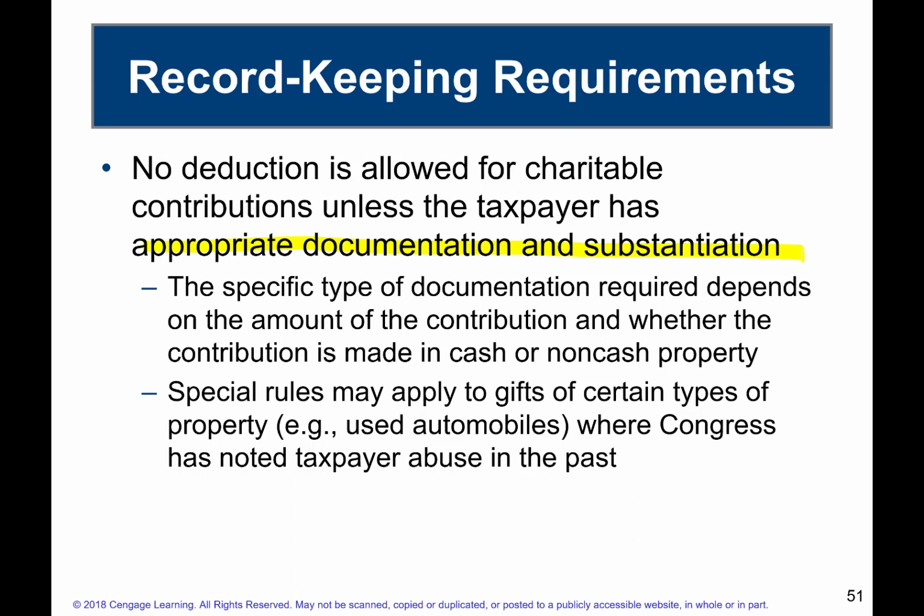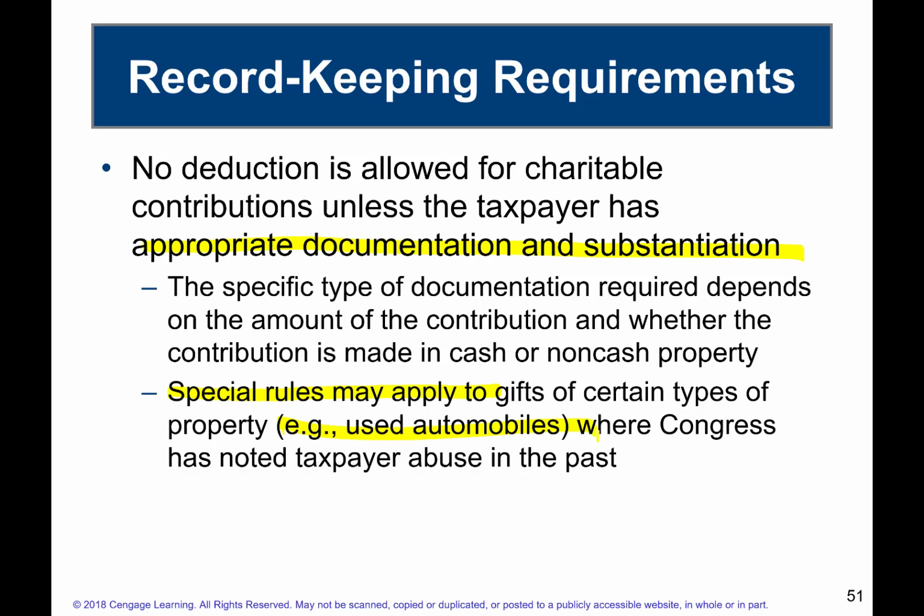Now, hopefully the IRS isn't listening, but I'm sure they know this: they just hand you the card, and you write fair market value, $10 million. Okay, that's not going to fly, because the IRS is going to know that you didn't donate $10 million worth of clothing. That's going to be a little tougher for you to prove. But you can put down an amount that seems reasonable and won't get the IRS up on you, and that's your documentation. And they do this for certain areas where special rules may apply.